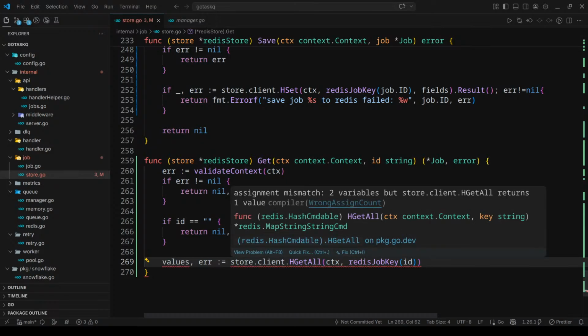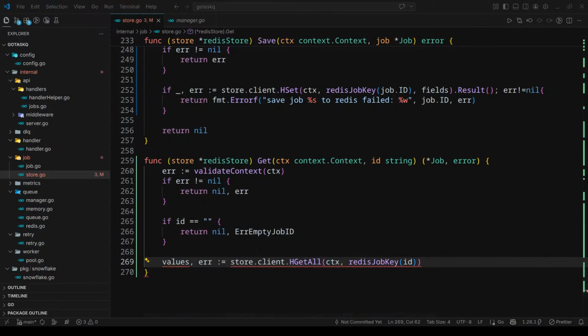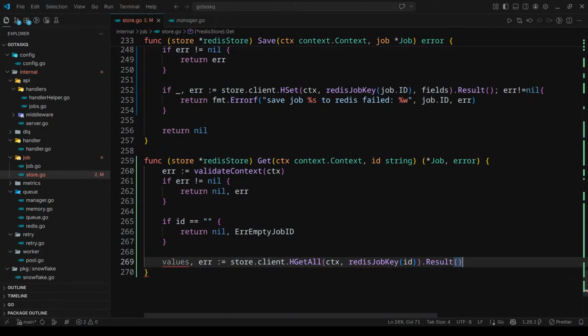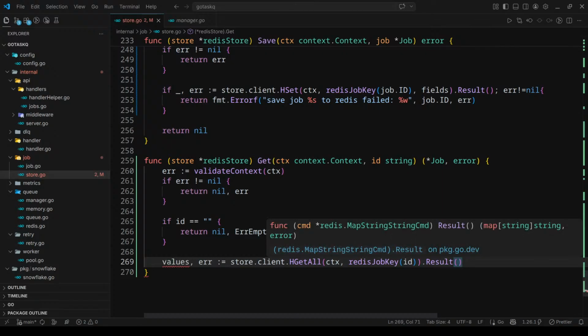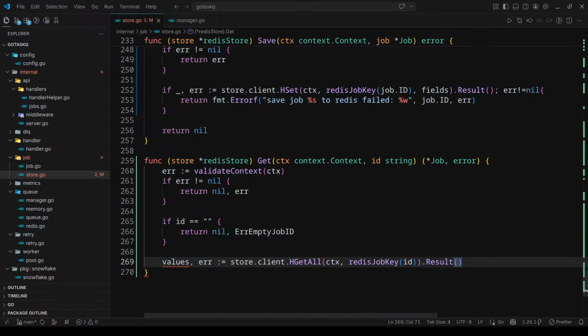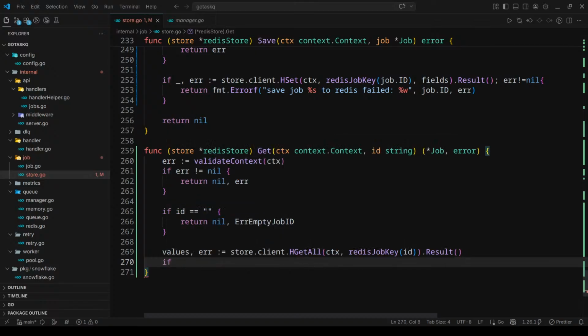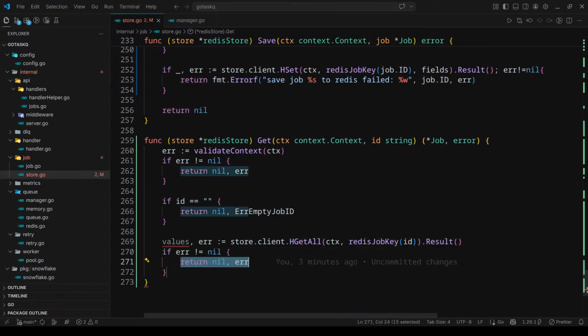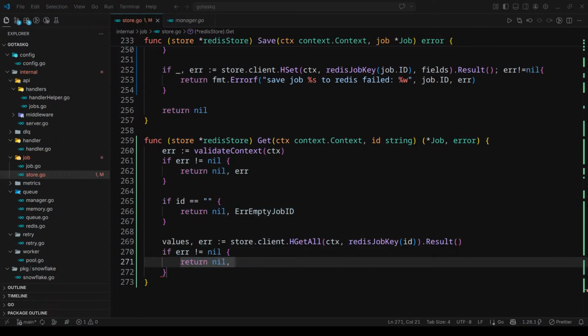And what's the issue? Assignment is two variables, but store returns one value. So we need the result, because the result returns the value and an error if an error occurs. So that's why we need result here. Next we'll check error, if error, return nil, and the error will be something like